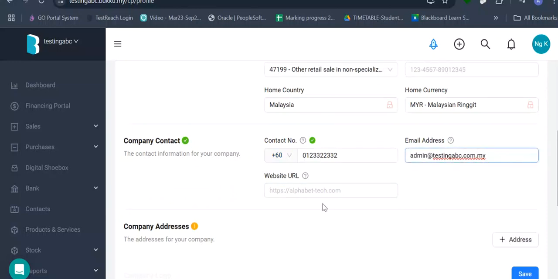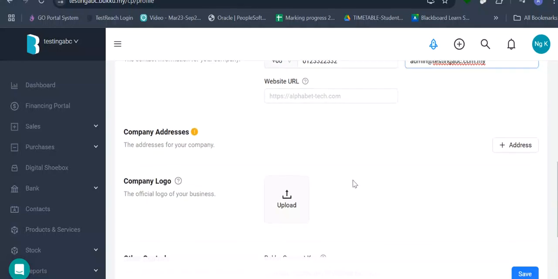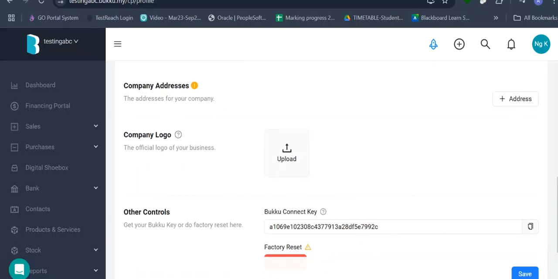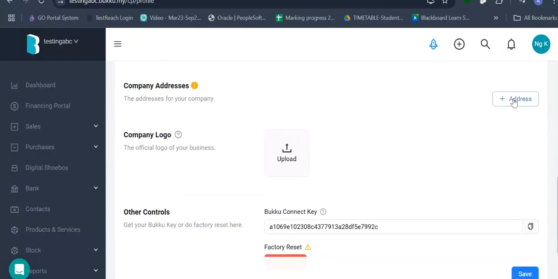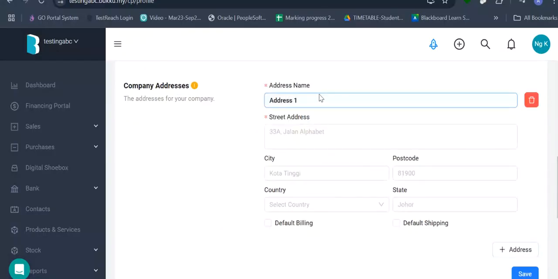Okay, URL if you have the company website. Company address. Do I have one here? I do. Okay. Fictitious address. Don't go and find. Oh, address.